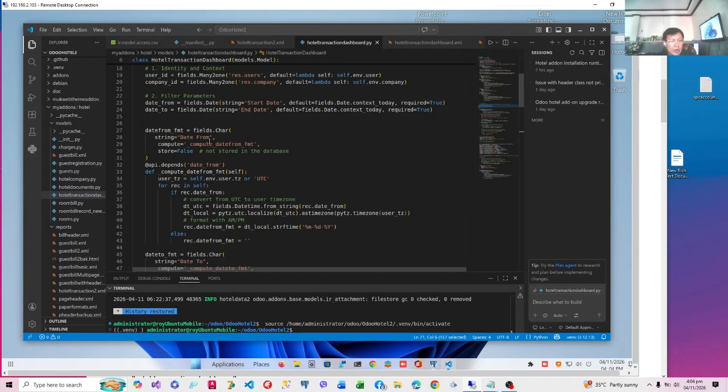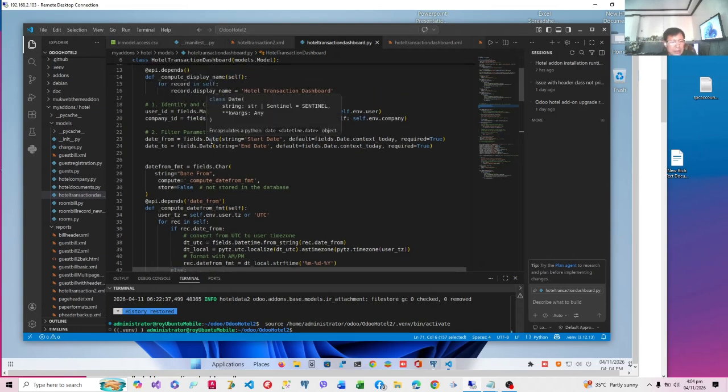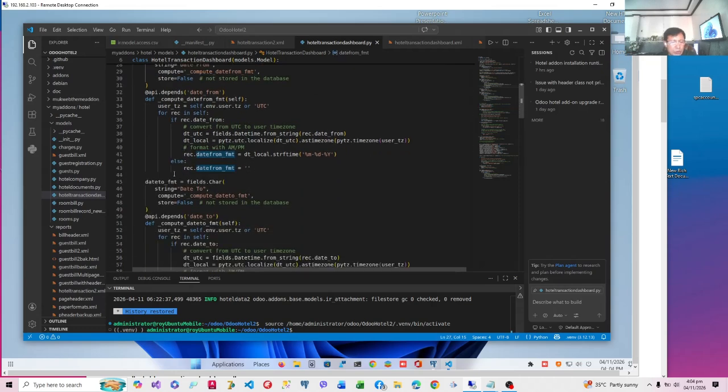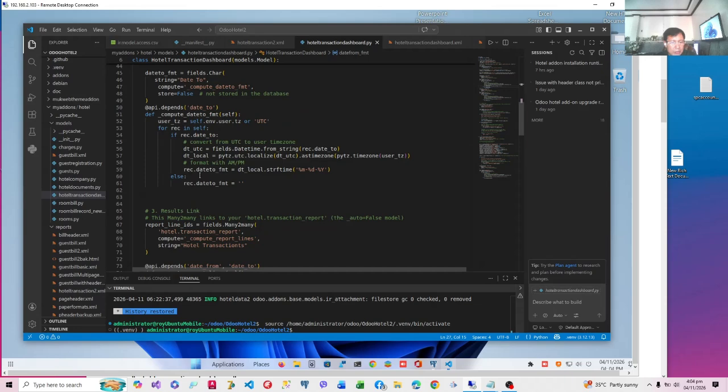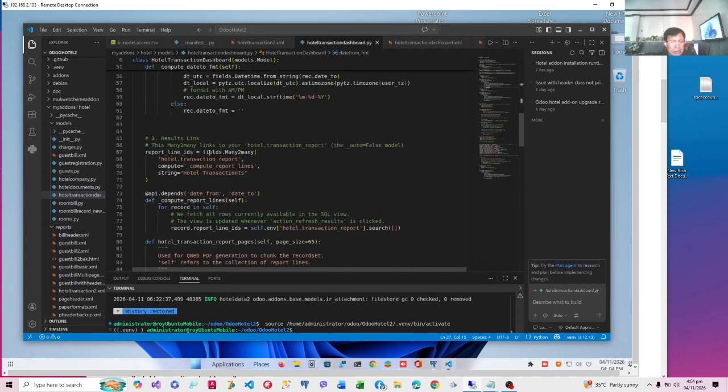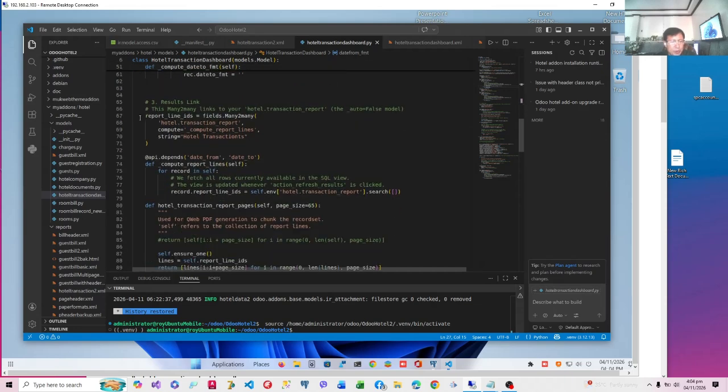When we generate the transactions corresponding to the date, we are also going to generate it with a function. The report line IDs is like the room bill IDs.